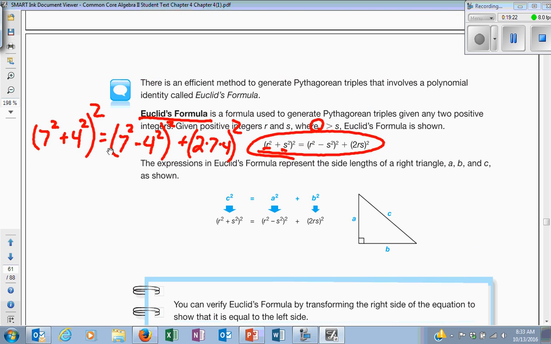Notice what I did. I didn't try to square anything. I just plugged it in the original format the way that it looked. Now I'm going to start doing some math, and again, I'm not going to do too much. Right here, what do I need to take care of? 7 squared, which is, notice I'm not going to add, what's 4 squared, not 8, 16. I'm not adding those yet, am I? I'm not on that step. Squared equals 7 squared is 49 minus 16 squared